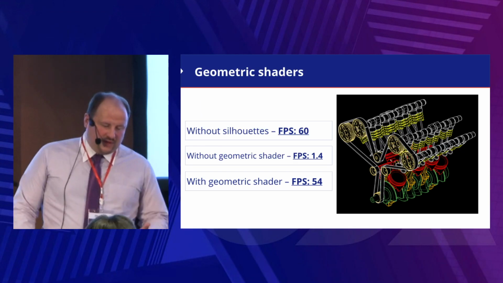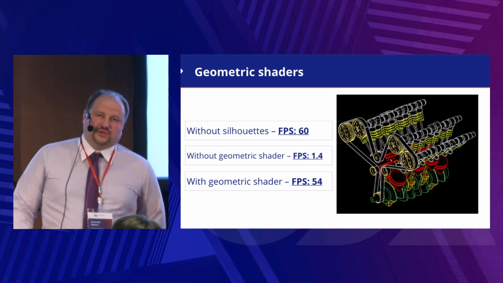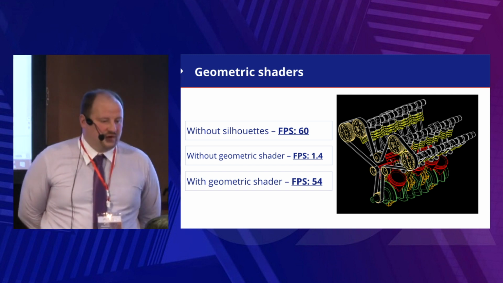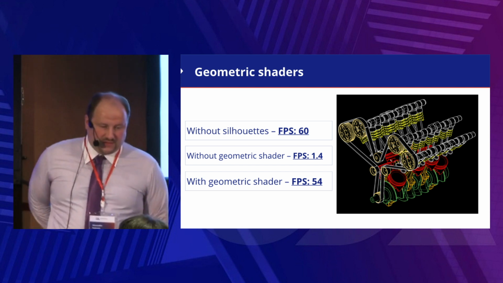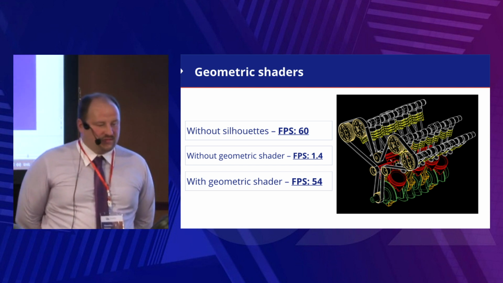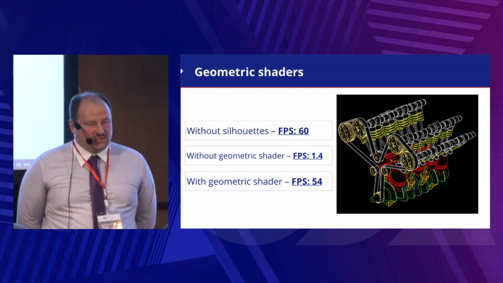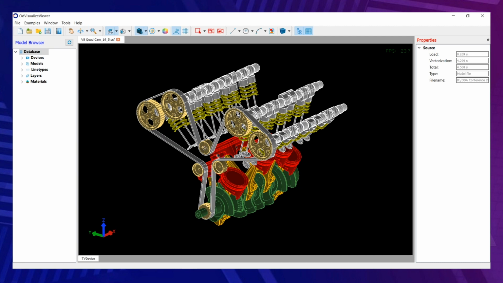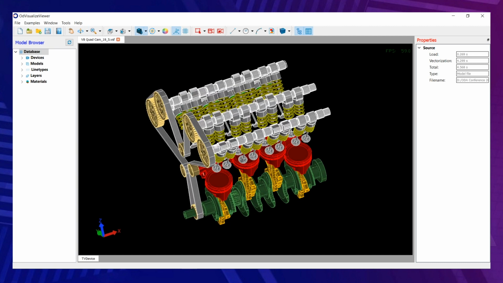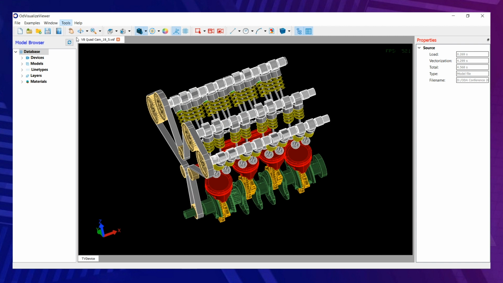One of our main goals is to give our users the possibility to achieve good feedback from their investments in hardware. In the previous slides, we have shown how we load the CPU. Now a few words on how we use modern functionality on the GPU. During the last year, we added support for geometry shaders for drawing silhouettes and line weights. This allows us to significantly increase the performance for such drawings.